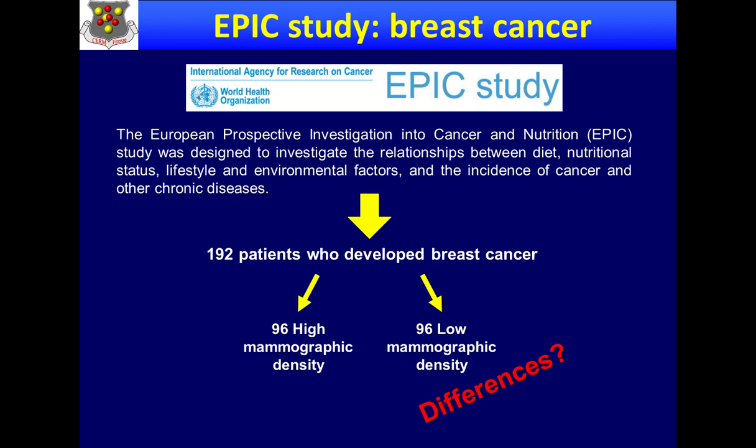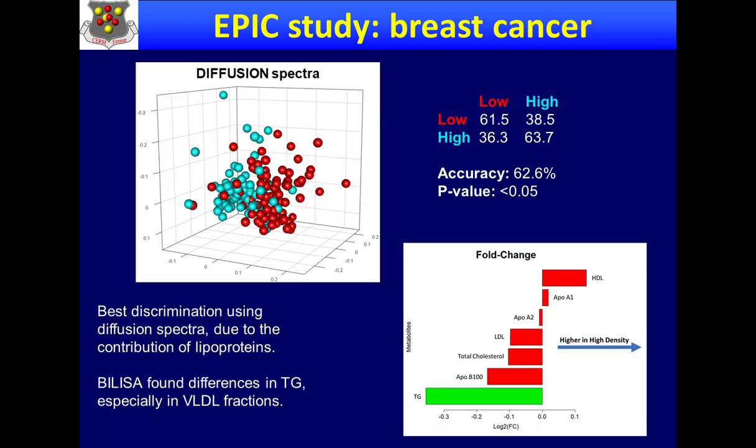And then this is a study that was a big European study, of which we got a few samples as a small side project here in Florence. And we were looking at women with breast cancer, and the collection was very large, so we were given only 192 patients who had breast cancer, because the idea was to see whether there was a difference between women with high mammographic density, which is known to be a risk factor for breast cancer, and low mammographic density. So this was a very challenging project, and I think it's still challenging, because maybe there isn't any difference.